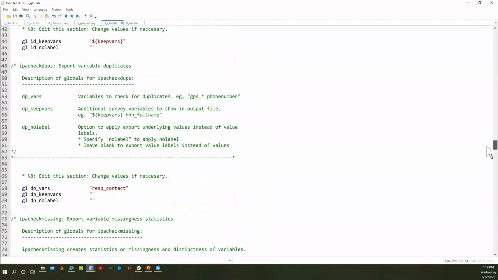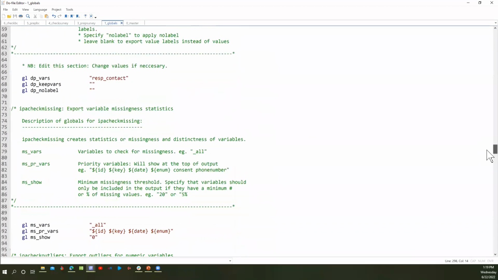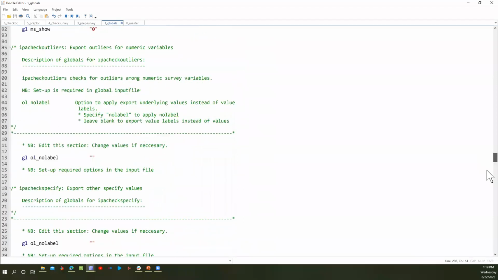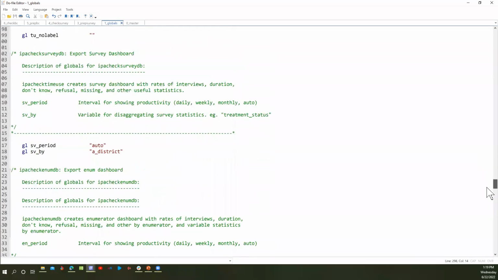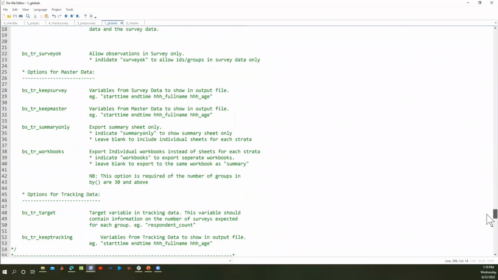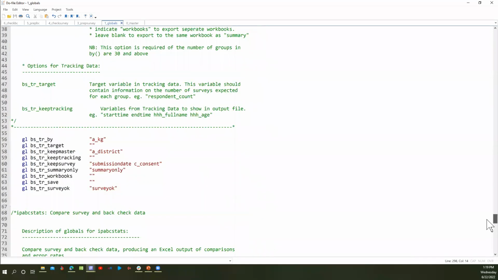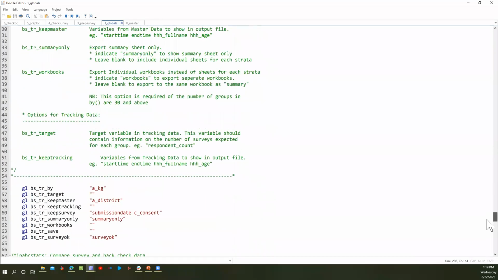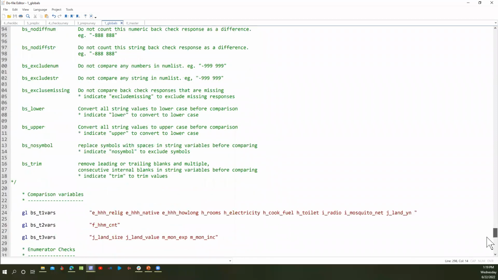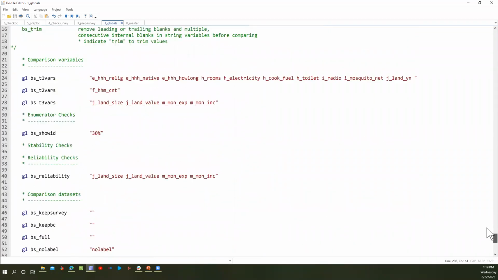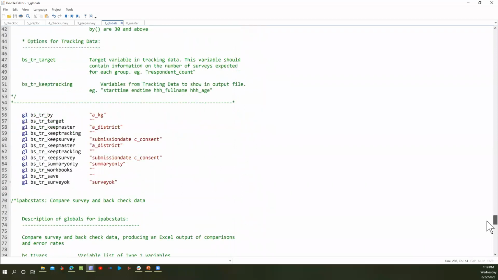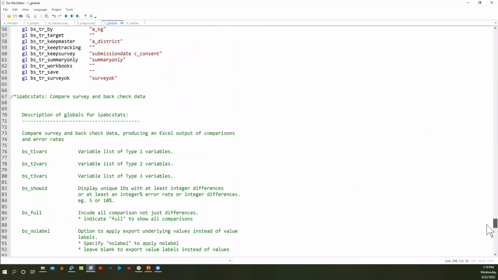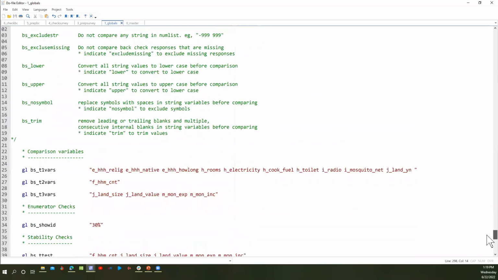But for most of them, you won't need to add anything beyond what you've already added. Yeah, so that is basically it. I think the last section is also a section for tracking, and then the last major part here is the back check section, where you will also have to come and set up for back checks as well.